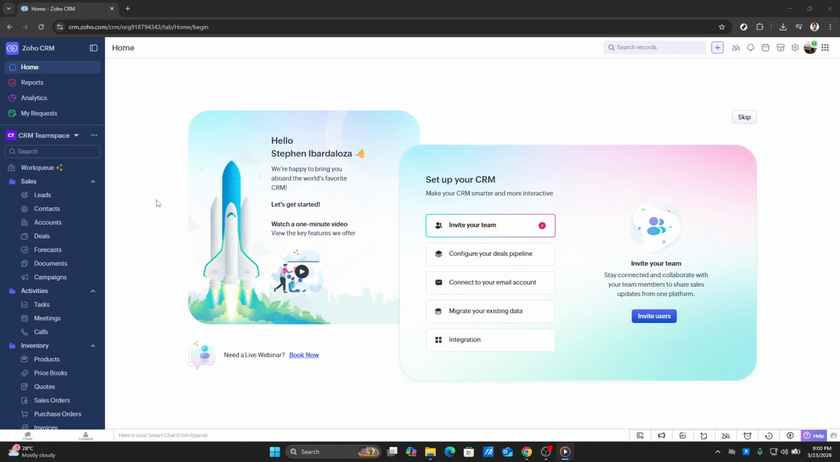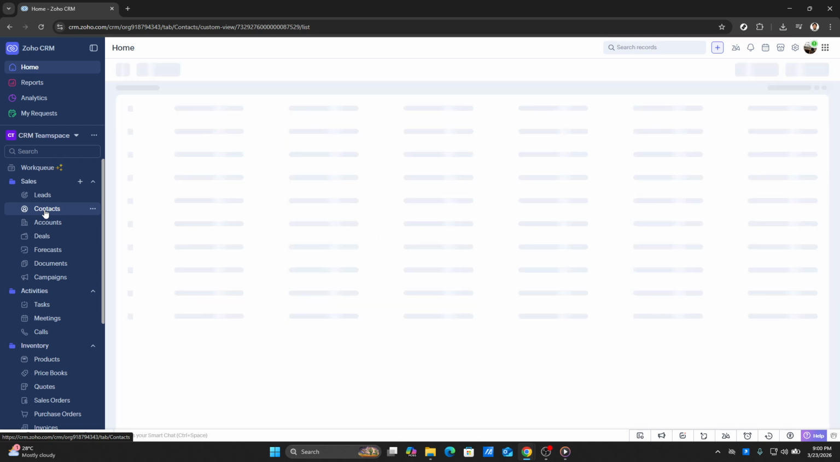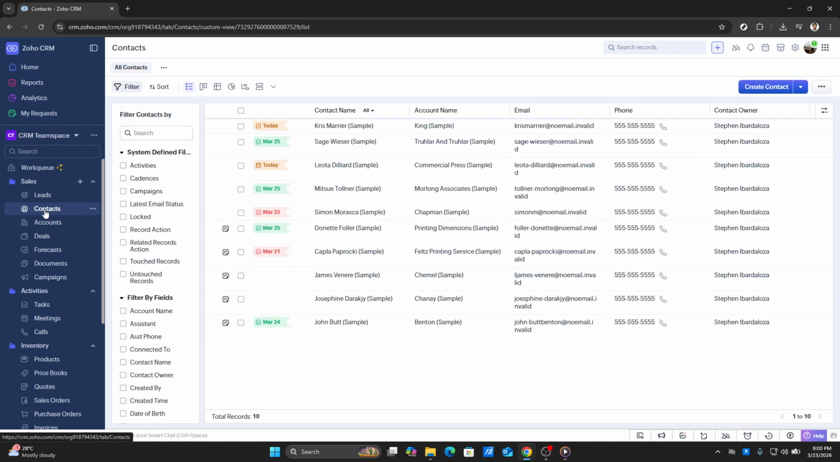Next, click on the Contacts module. You'll find it in the main navigation bar. This is important because contacts are different from leads in Zoho. Contacts are people associated with existing accounts or ongoing relationships. If your data represents brand new inquiries, you might handle them as leads, but for existing or known relationships, contacts